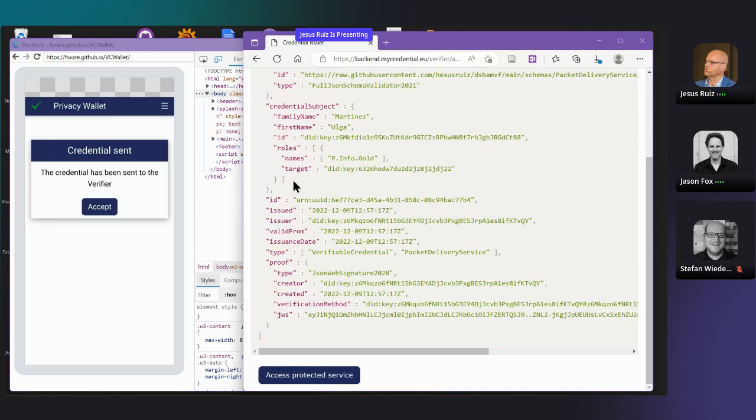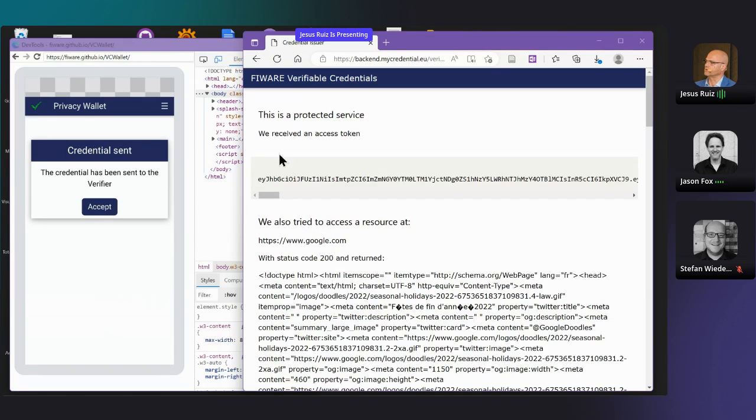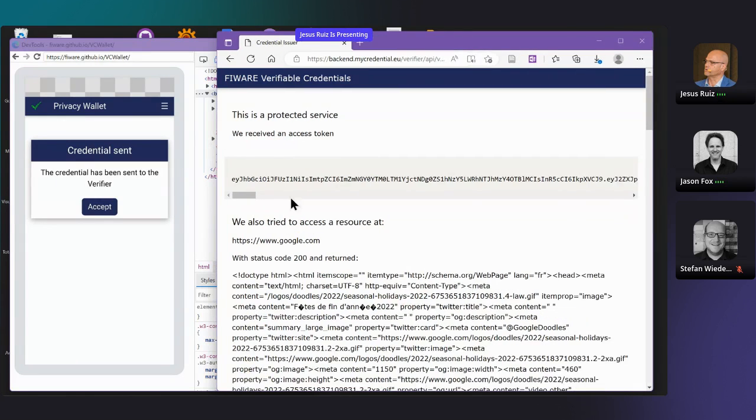Okay, so this is the demo. If you see, after the identification, I am going to simulate how to access a protected service. This is a simulation, but in this screen you see two things. Forget about this one, because this is accessing Google, which is not authenticated. In the session next week, you will see this integrated to the I4Trust ecosystem. What is important here is that this protected service received a JSON Web Token, a JWT,